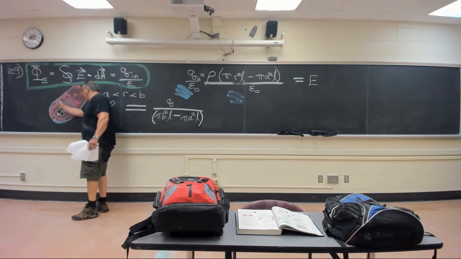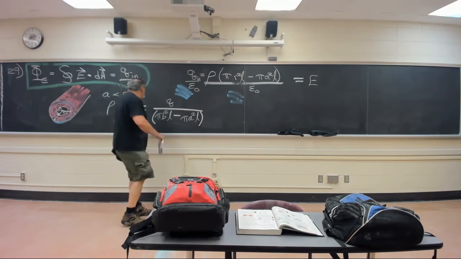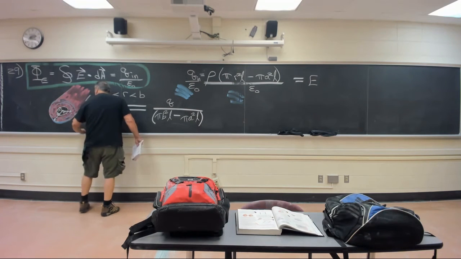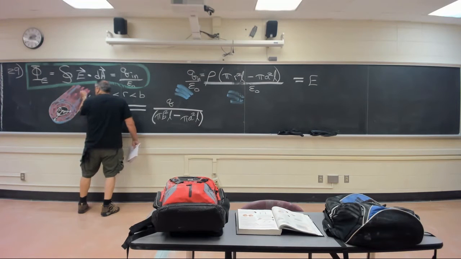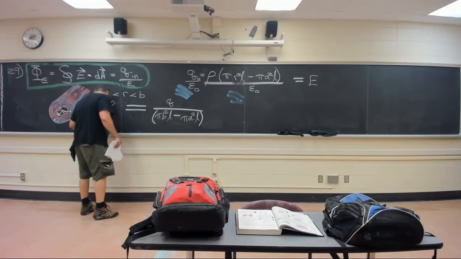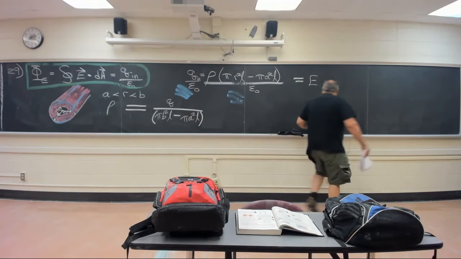So it's 2 pi r to go all the way around times L will give you the surface area of this blue thing taken all the way down the line. So what is it? E 2 pi r